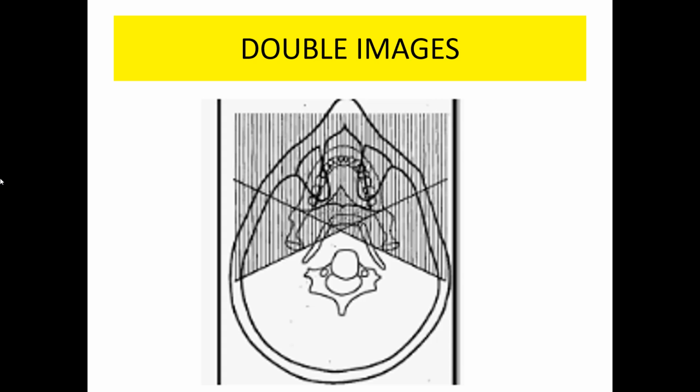There are 5 characteristics of double images. Number 1, it is a mirror image of the other. Second, both images are real images. Third, each image has the same proportion. Fourth, both are on the same location but on opposite sides. And lastly, fifth, double images only occur with midline structures falling in the diamond shaped zone as shown in the figure, and examples of these are spine, hyoid bone and hard palate.